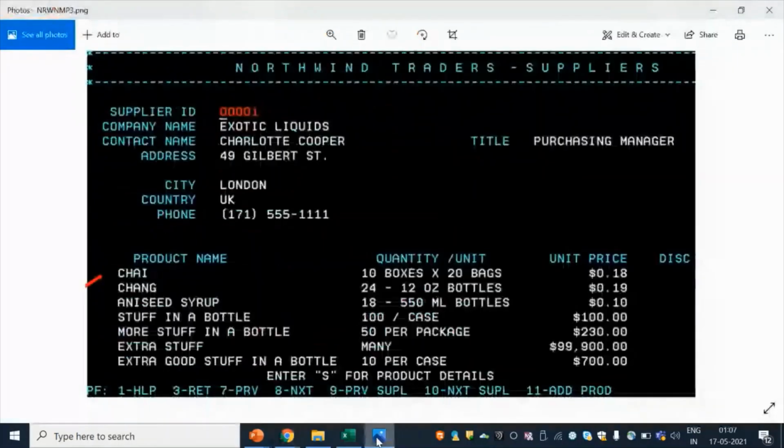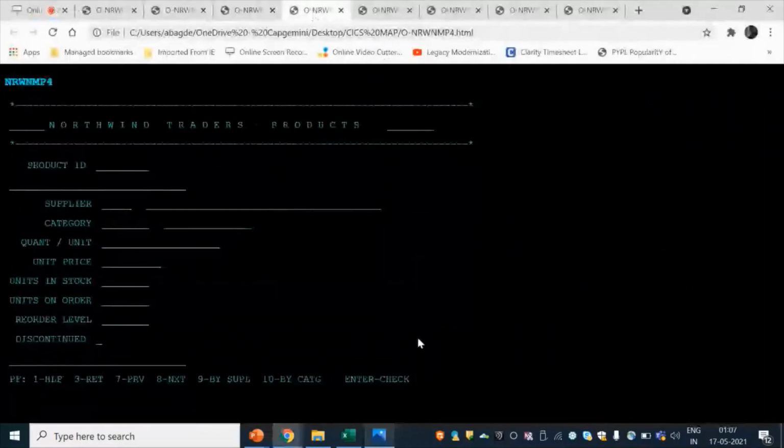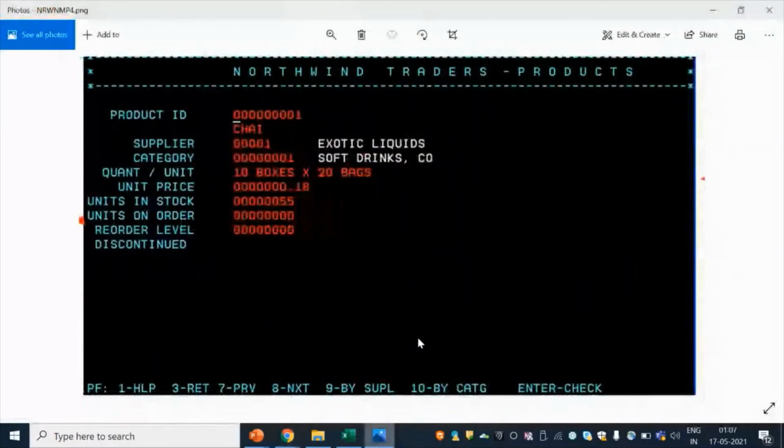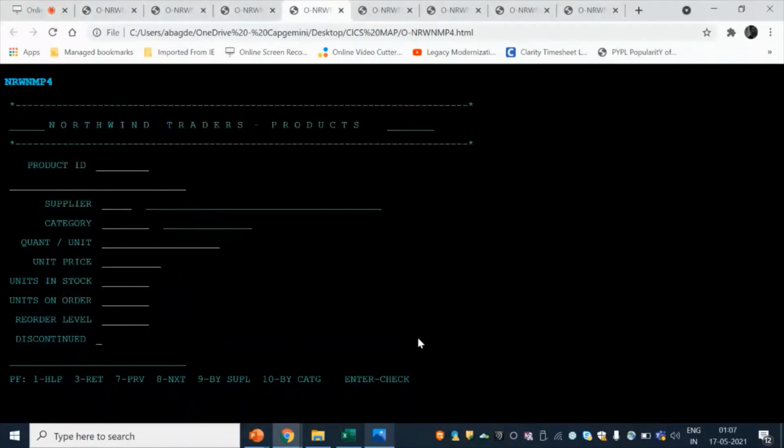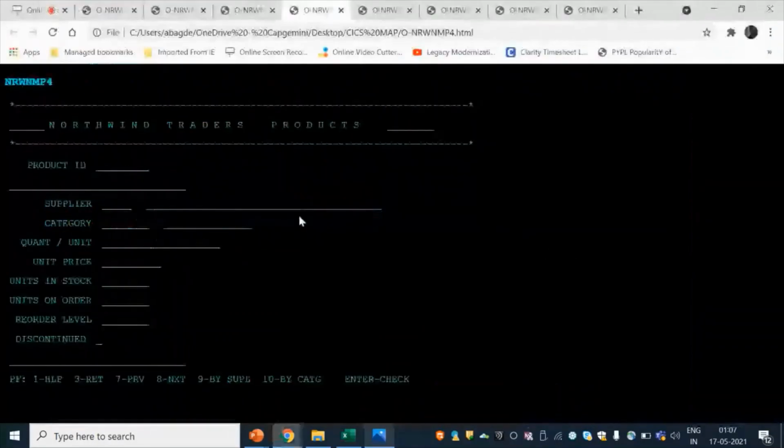The same thing you can verify in the CICS screen as well. And friends, now you will agree with me that in less than 1 minute we have extracted 8 maps from one map set and created their equivalent web pages.